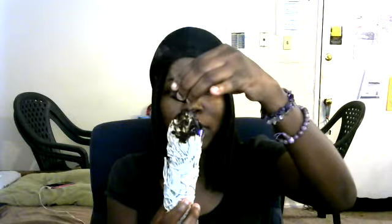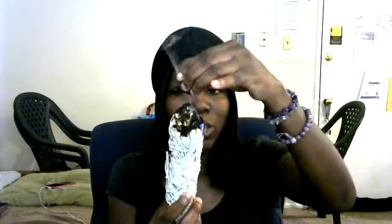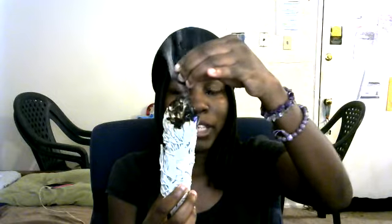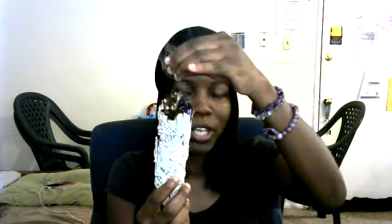Okay, so let's sage the brocaded jasper. All right, I am saging this brocaded jasper and removing any lower vibrational entities and energies from this brocaded jasper. I'm purifying this brocaded jasper and raising it back to its highest vibration. Return it to its highest vibration on all the beautiful and wonderful good dimensions, and get rid of any lower vibrational energies or entities from out of this brocaded jasper, and allow this brocaded jasper to work along with my